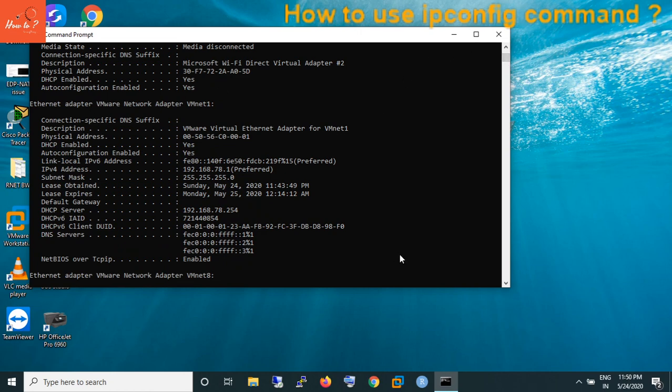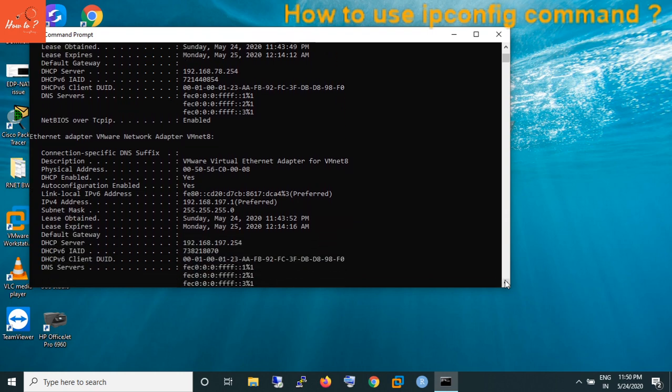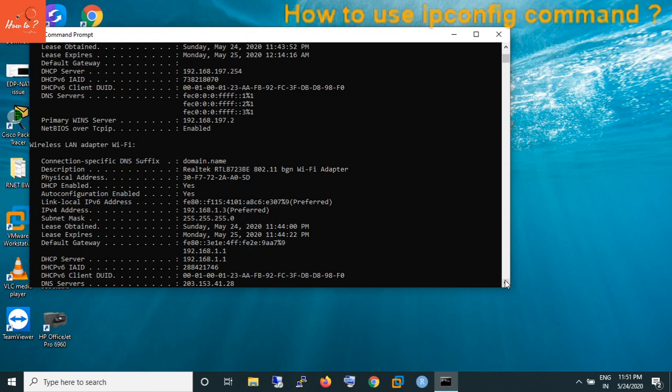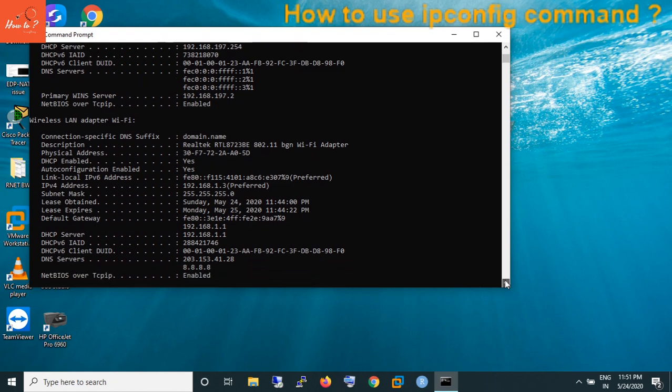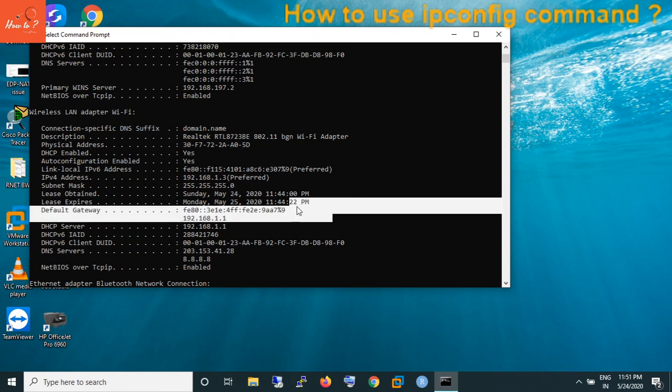For this wireless LAN adapter, earlier we just had IP address, subnet mask and the default gateway. Now it is displaying the lease obtained time and the lease expires time.